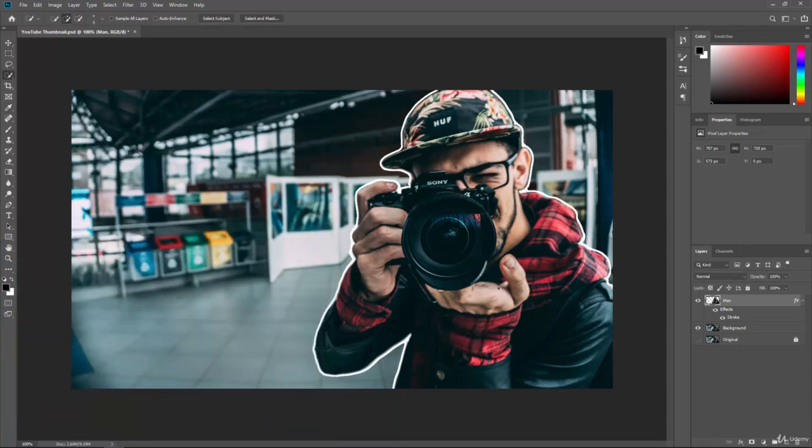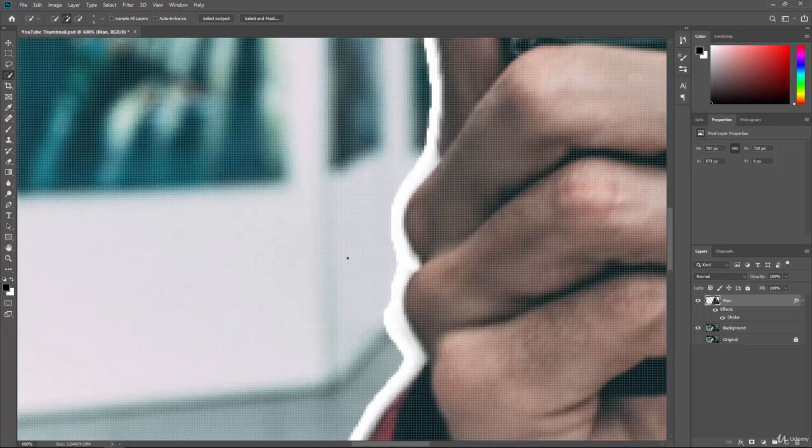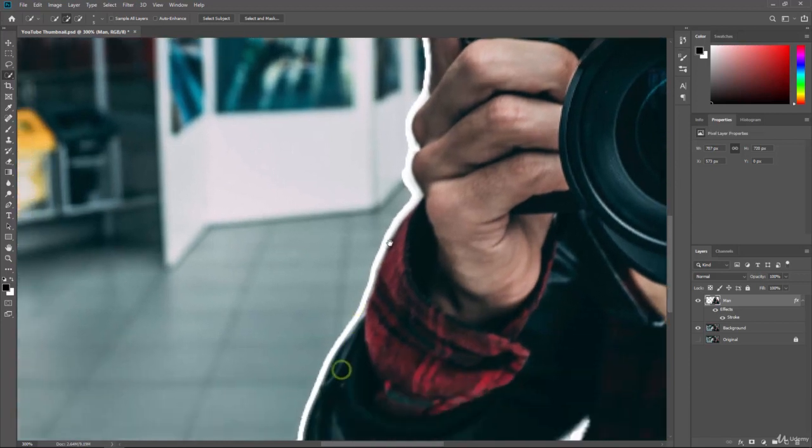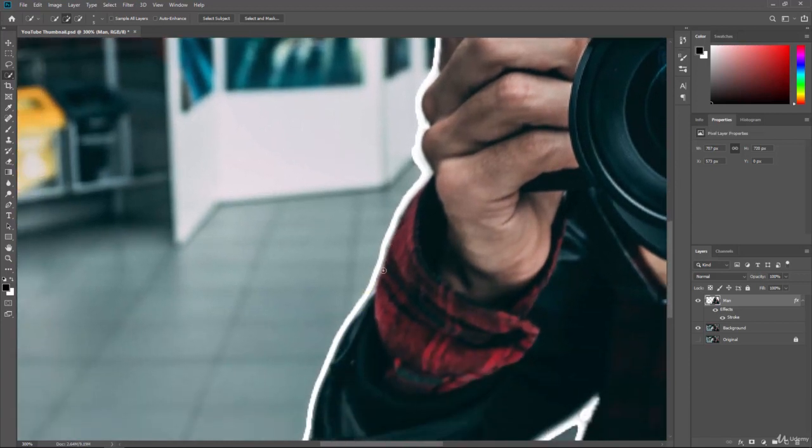So now you could see that there might be some areas around the clothing that the stroke isn't filling in. It's just because we're seeing a little bit of the background. So that's a little too much. Let's see. So around his sleeve here, there's a little bit of gap between the stroke and his actual sleeve because we selected a little bit of the background. So with the man layer selected, we can actually go to our eraser tool, and we can erase out a little bit of that background, and it will bring this in to his sleeve because